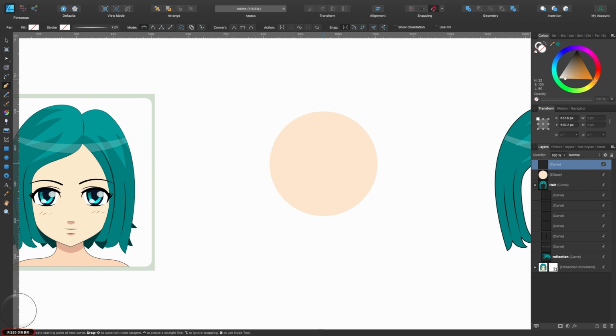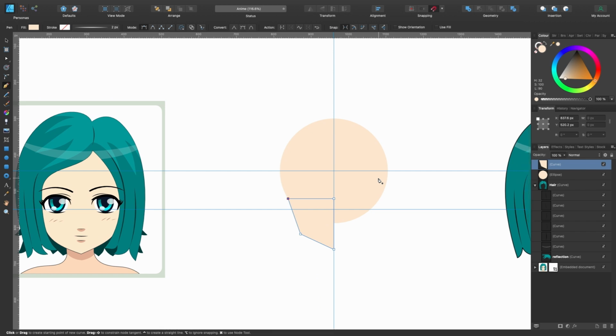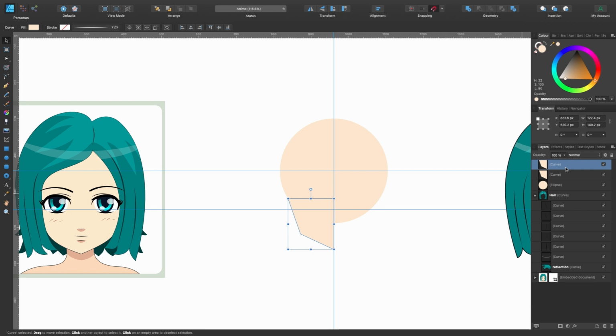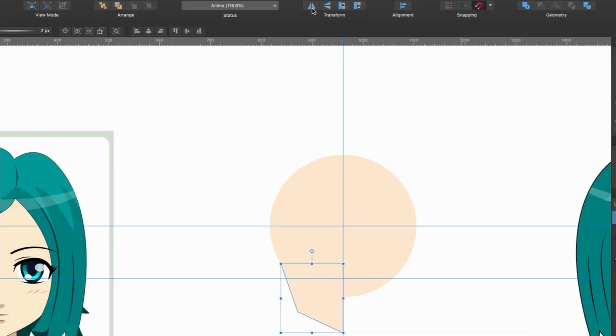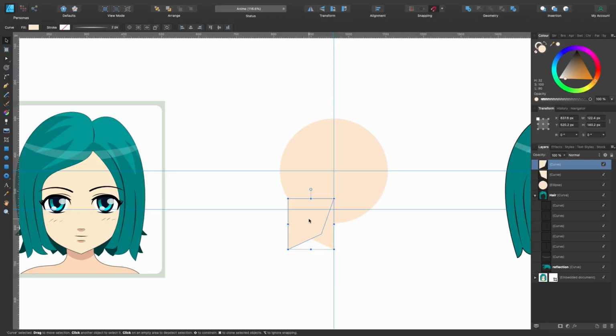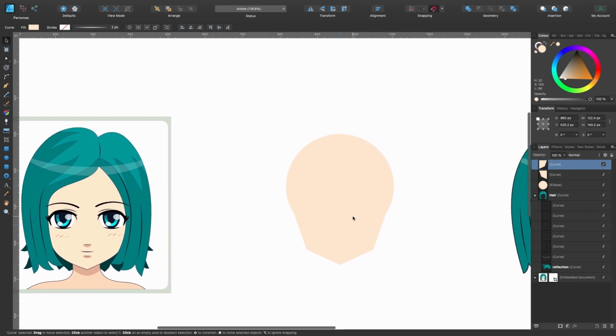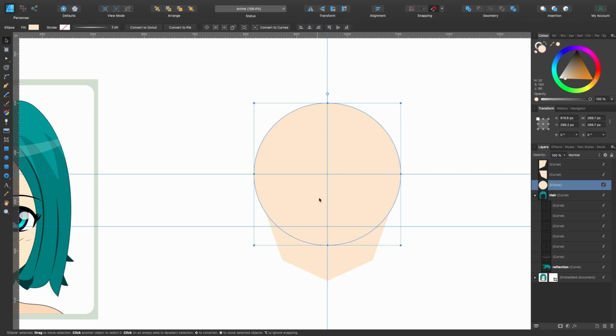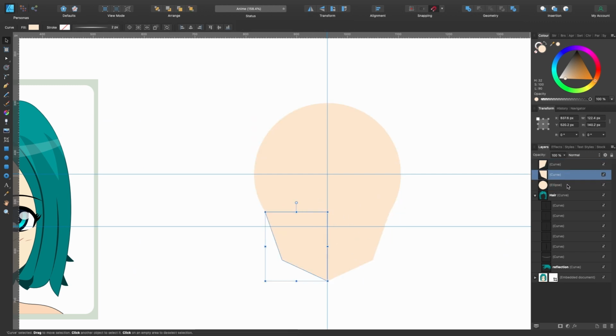Give it the same fill, so grab the picker tool and click, it's the same color now. Now I press V, the move tool, and I'm going to duplicate that. To duplicate, you press Command J. So Command J, and that's duplicated it, in the layers panel you can see over here. And we're just going to flip that around. So go up to the transform at the top there, click on flip horizontally. I'll keep my finger on Shift and drag out to the right. So there it is. I'd make all of this one shape, because right now they're three different shapes, as you can see there in the layers panel.